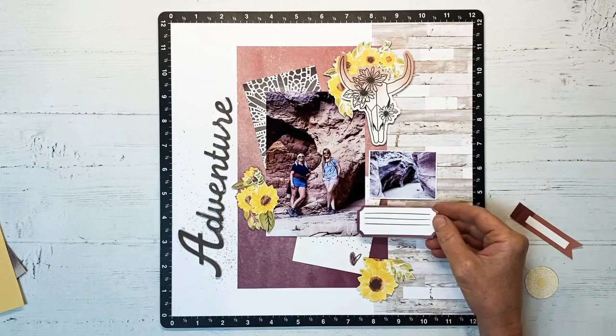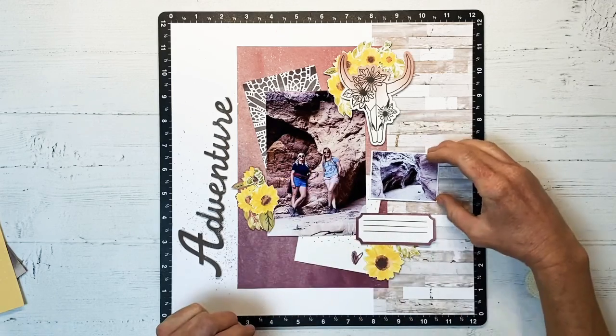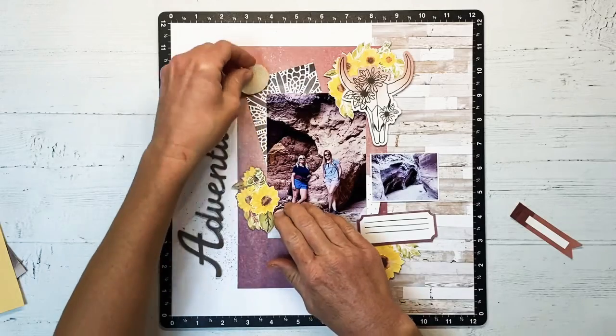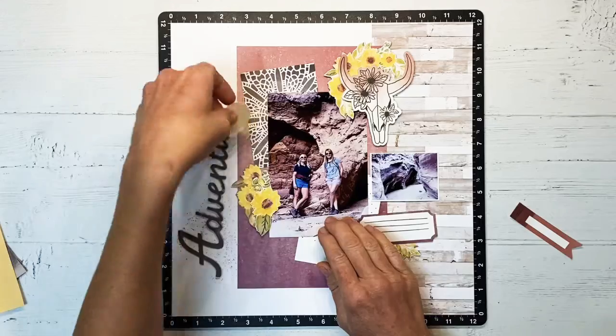It was just really cool. You couldn't help but wonder, let's see what's around the next bend. You just wanted to keep going forever. Very fun hike. I'm just tucking in the last of the little embellishments and stickers, and I did go ahead and